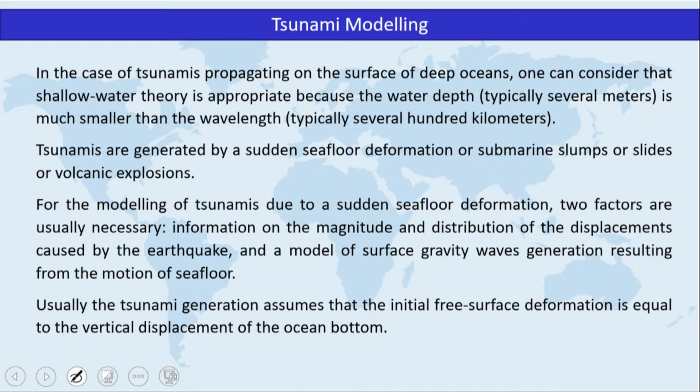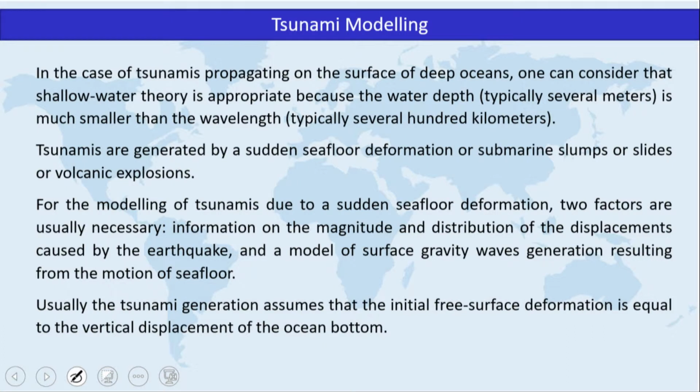As we have seen during the last two sections, the tsunamis are generated by a sudden seafloor deformation or submarine slumps or slides or volcanic explosions. So, for modeling the tsunamis due to a sudden seafloor deformation, we have to consider two factors. First is the magnitude of displacement that has occurred on the seafloor, and how far it is distributed, or how far the rupture has occurred on the seafloor. If we know these two factors, then we can use that deformation as the displacement of the water, and then we can use the wave theory to estimate the propagation of the tsunami